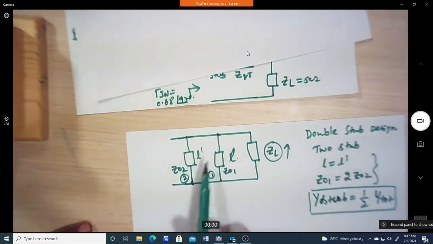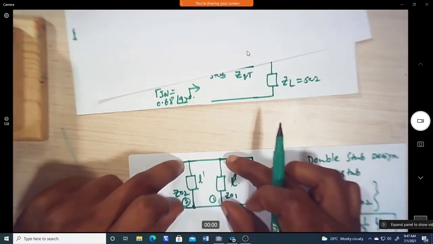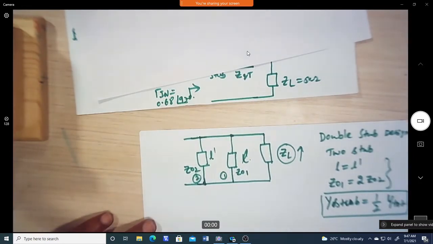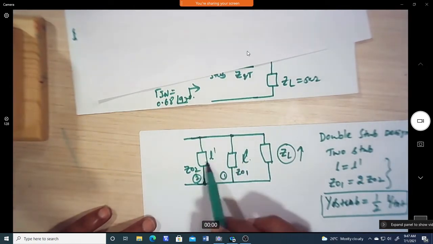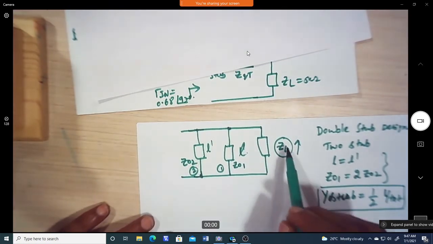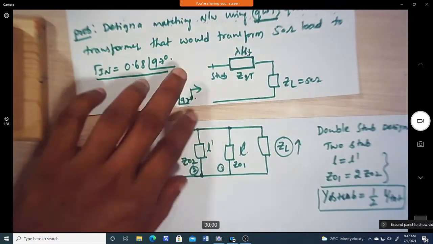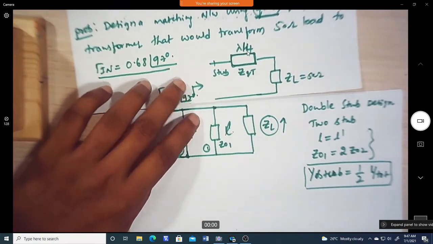In microstrip line technology, once the positions of the stubs are fixed, we cannot vary them in the design. That's why, for dynamic load variation, we can fix the stub positions and vary the characteristic impedance and length, so that we can realize any kind of load. So the solution for any kind of load can be designed. That is the stub realization using microstrip technology, where we can use the double stub or two stub design for dynamic loads.